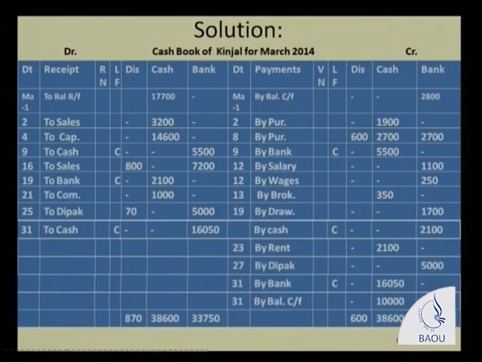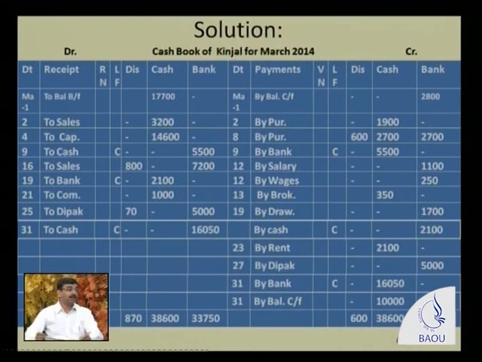For that, we need to close the cash column first. So first we will close the cash column, that is 38,600 on the receipt side, and on the payment side the total must be 26,050 rupees surplus. As mentioned very clearly in the last transaction, the 10,000 rupees is kept in your hand and the remaining deposited in the bank. So see the payment side on dated 31st, by balance carried forward it is written in the cash column rupees 10,000. And how much was the surplus? That is 16,050, deposited in the bank as a contra transaction.